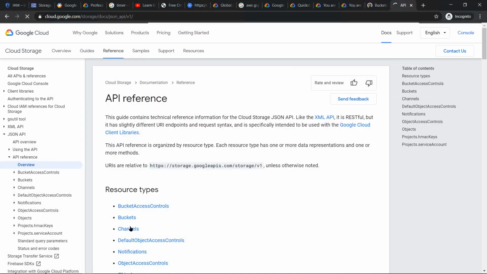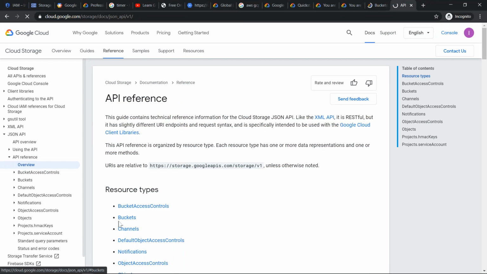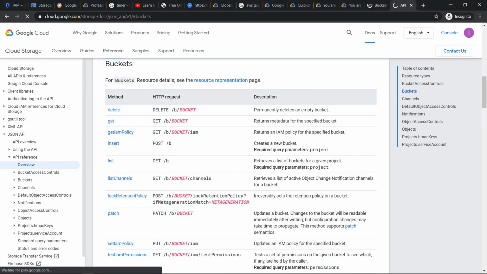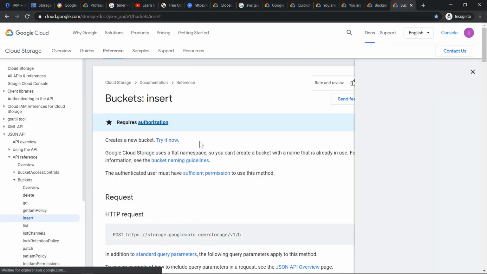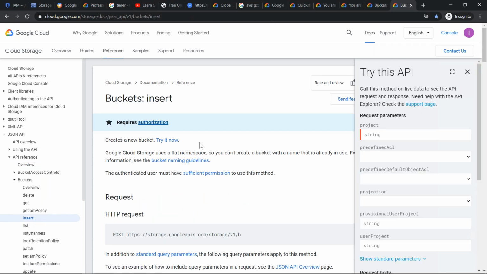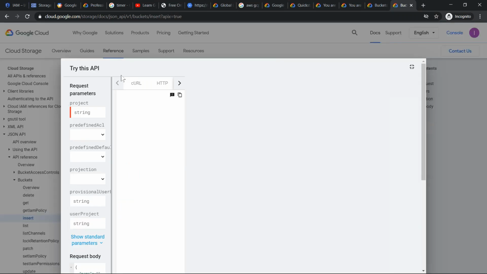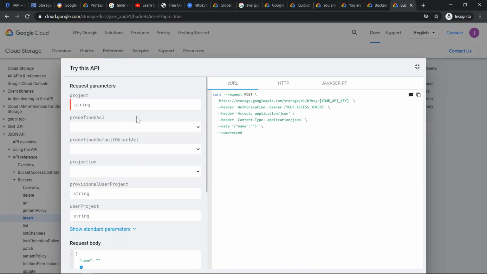You come here, and what do you want to do now? Create a bucket. Just click on buckets. It shows you how to create a bucket and do all those things. In REST API, creating a bucket is called insert, so click on insert. It shows what details you need to pass in. And to quickly show a customer how REST API works, Google has something called Try this API, so you don't need to write any code. Just fill in the form here, and it uses a raw REST API behind the